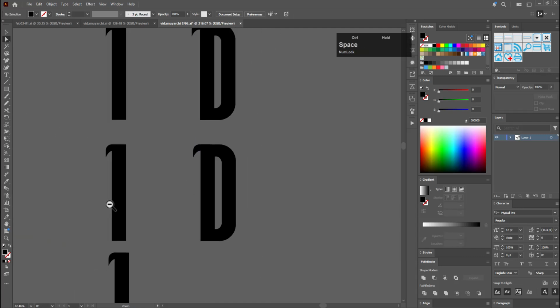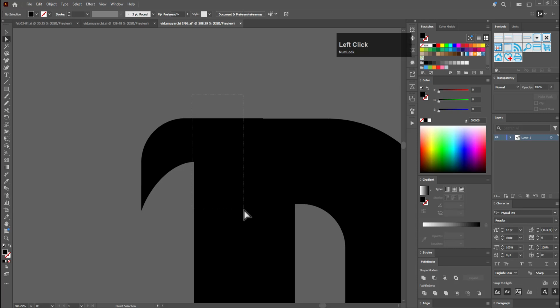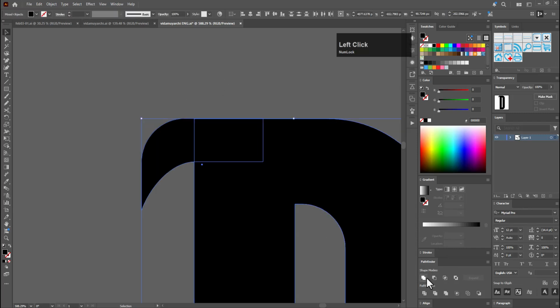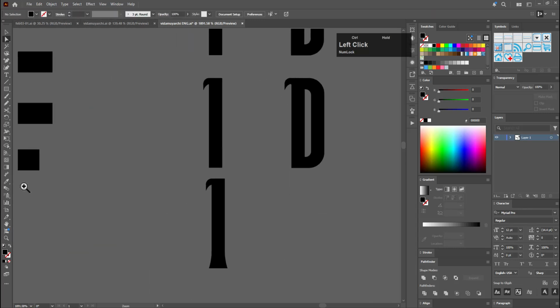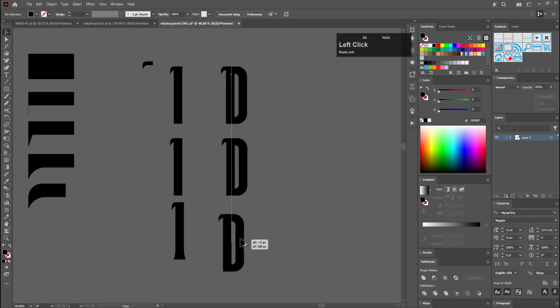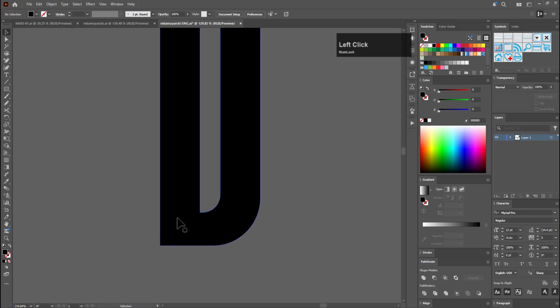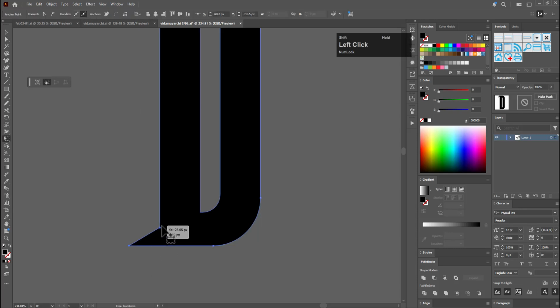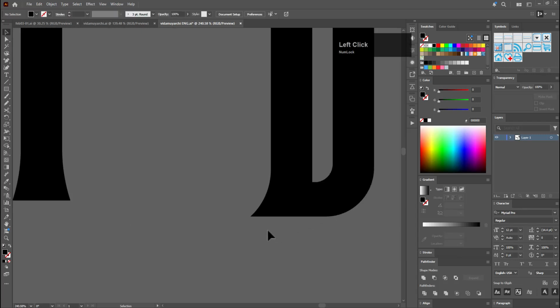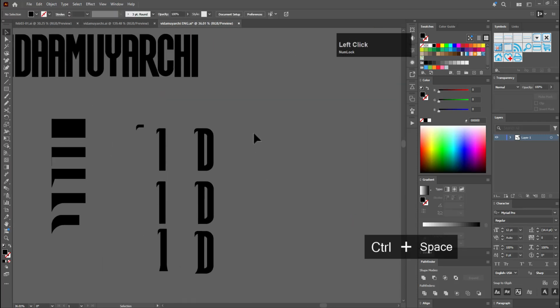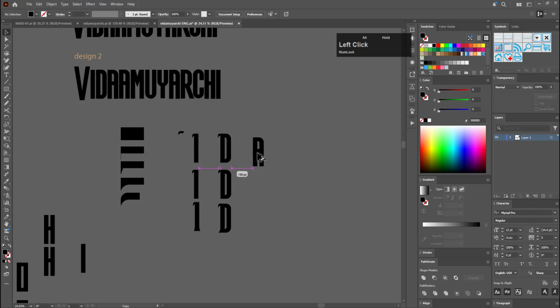Let's bring it inside like this, and then let's select this, and then let's select this and then merge it, and then let's select this point and give it a roundness, and then let's bring this here, then let's press here and then press E and bring it like this, something like this, then just round it this way, something like that. I think let's bring it a little bit inside, then let's bring this one here,